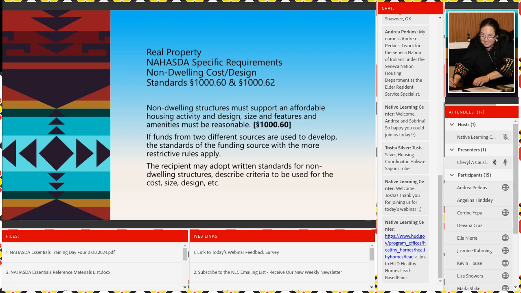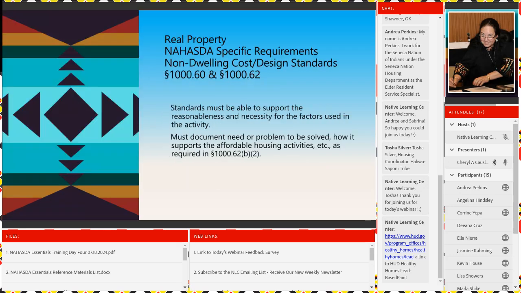You can adopt written standards for non-dwelling structures, describe the criteria to be used for cost, size, design, etc. The standards have to be able to support the reasonableness and necessity for the factors that you used in the activity. You have to document the need or the problem to be solved, how it supports an affordable housing activity as required by